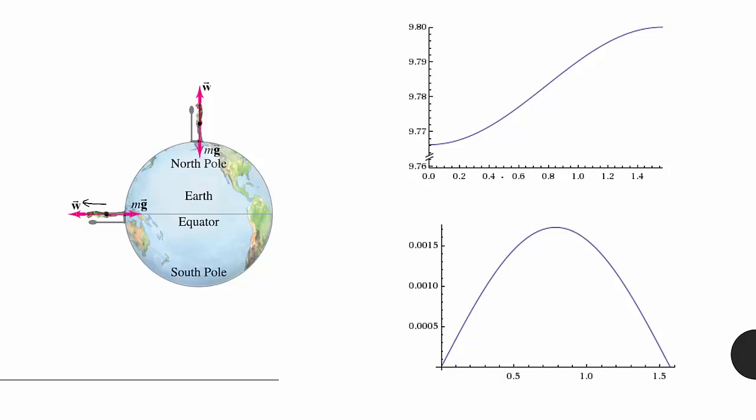So here, once I got a little excited about it, this is gravitational acceleration, ignoring elevations and such, assuming that the Earth is a perfect sphere, going from the equator to the North Pole. This is your latitude here, where the angle is in radians, so this is 0 to 90 degrees latitude. It starts out below 9.77 and then changes most quickly here at 45 degrees latitude, and then the change levels off and you end up at 9.8 there.